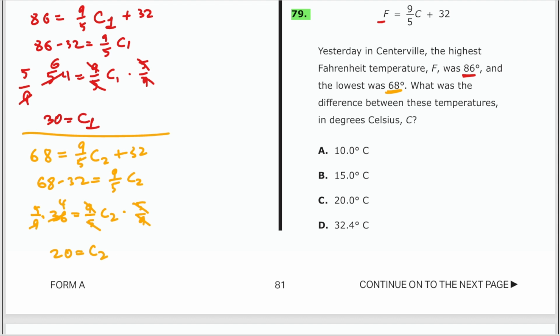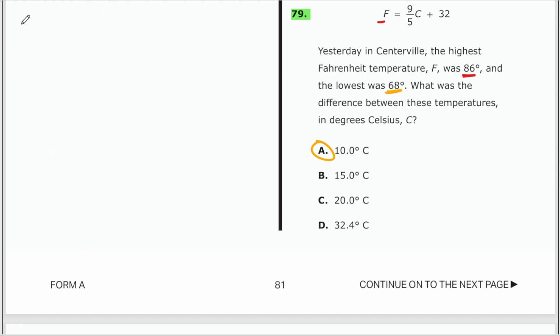And then you're like, okay, cool. So I have 30 minus 20, that's 10. The answer is A. And the answer is correct. It just took you forever. What I would do instead is something different. So check it out. What I'm going to show you is going to look slightly complicated, but just bear with